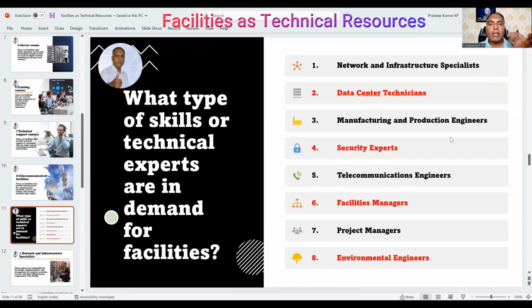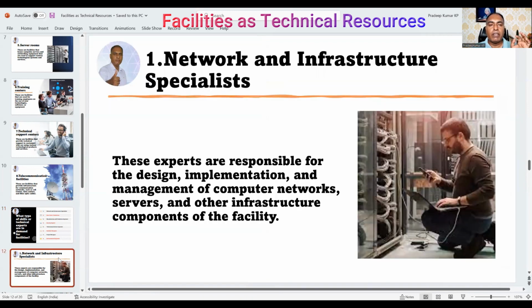Like this, n number of experts are available in the engineering and technical field. There will be a requirement for different kinds of experts and skills in different kinds of facilities. We are giving just a few samples here.